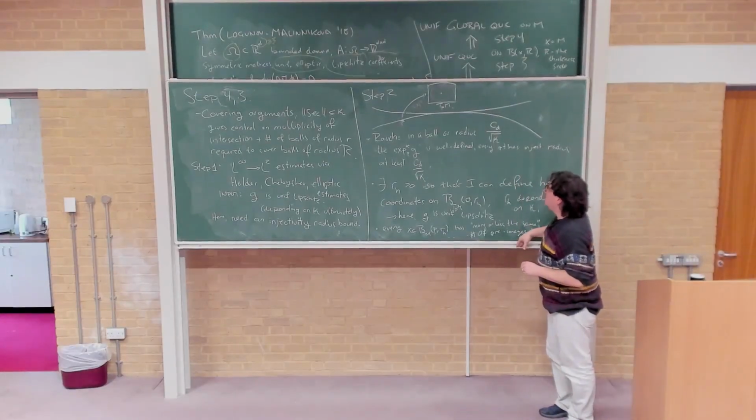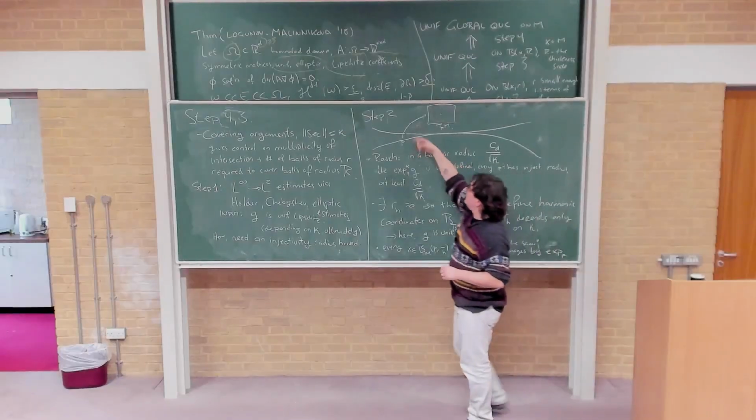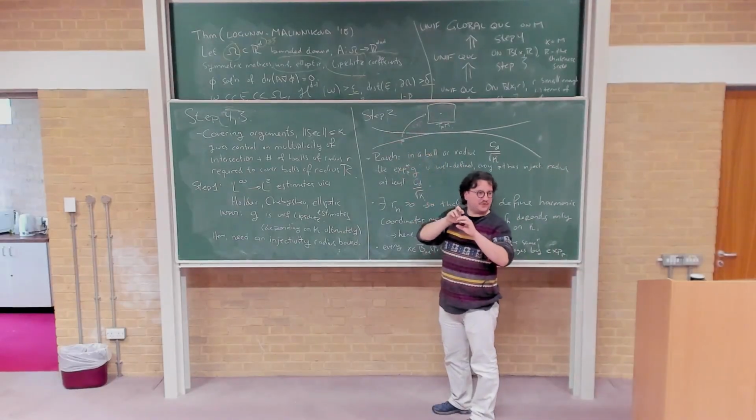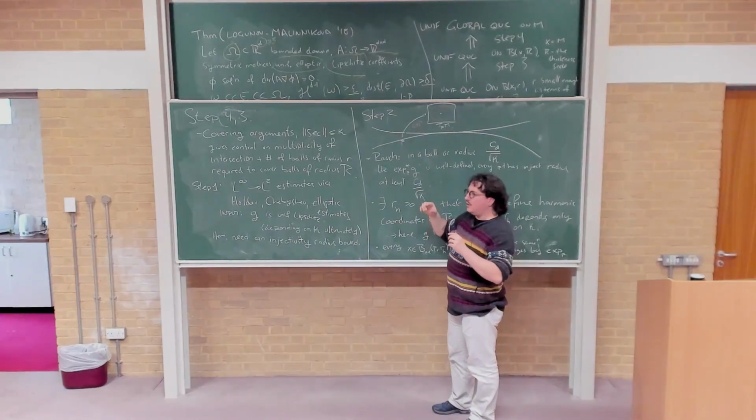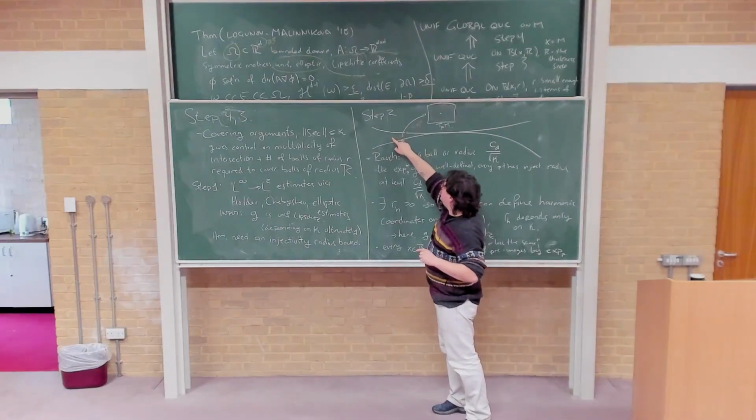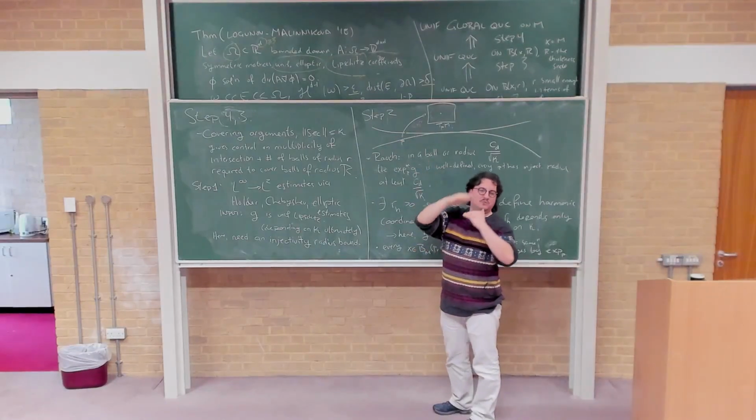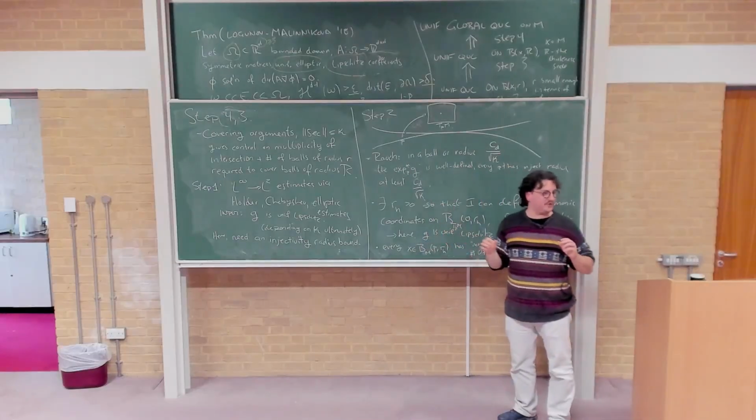Basically, the way that I will wrap around some sort of thin cylinder will lead me to have, up to uniform constants above and below that will depend on kappa, of course,